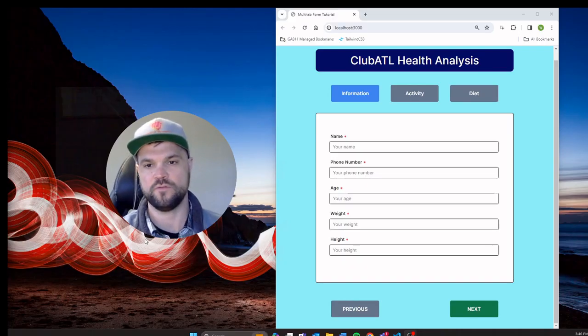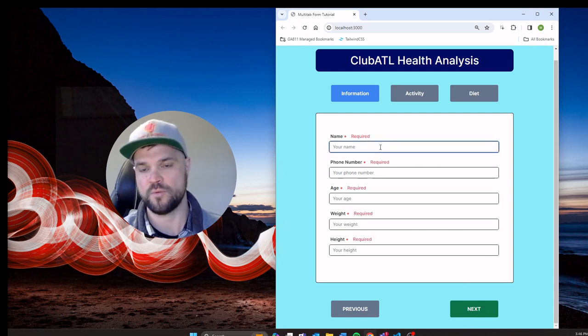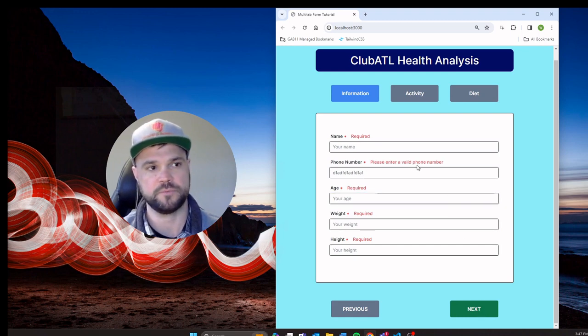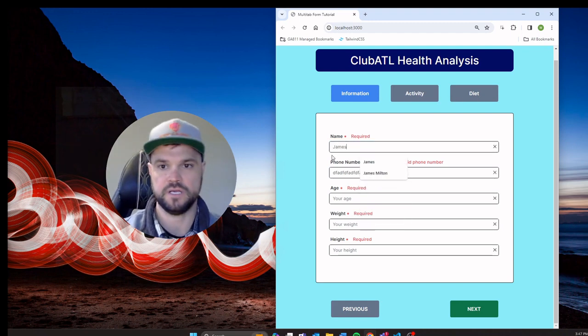So this is the demo of the final product. We have fields in all three of these categories. If I hit the next button, I'm not able to advance to the next page. I have a requirement here. For example, if I have a phone number and I try to enter in letters, I'm going to get another validation. I'm going to show you all how to add those validations and how to create these tabs here, just so that you can see